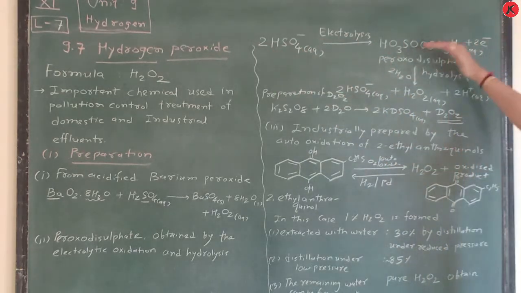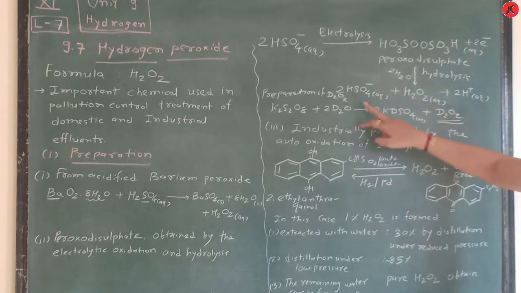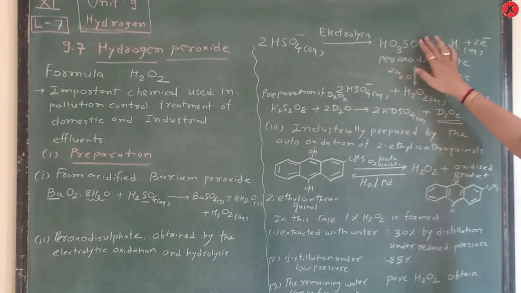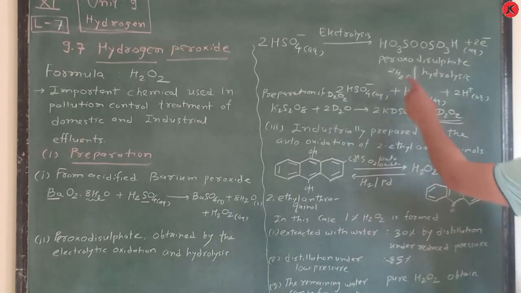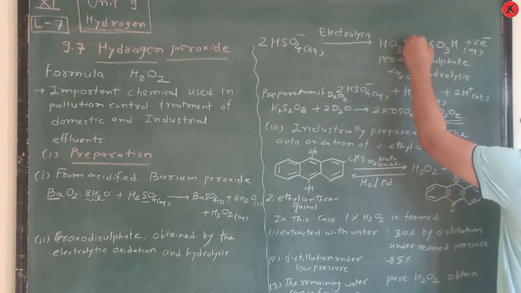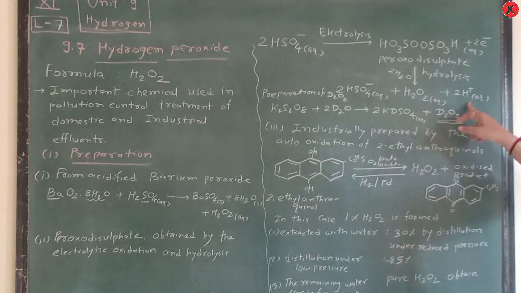This 2 electron is nothing but hydrolysis in presence of H2O, 2 moles of water molecule. It gives twice SO4 minus, because just you see here O is there, and here how many H is there? 4 H is there. So 2 H is used here. So how many H is remaining? Another 2 H is remaining. It is for 2H plus.